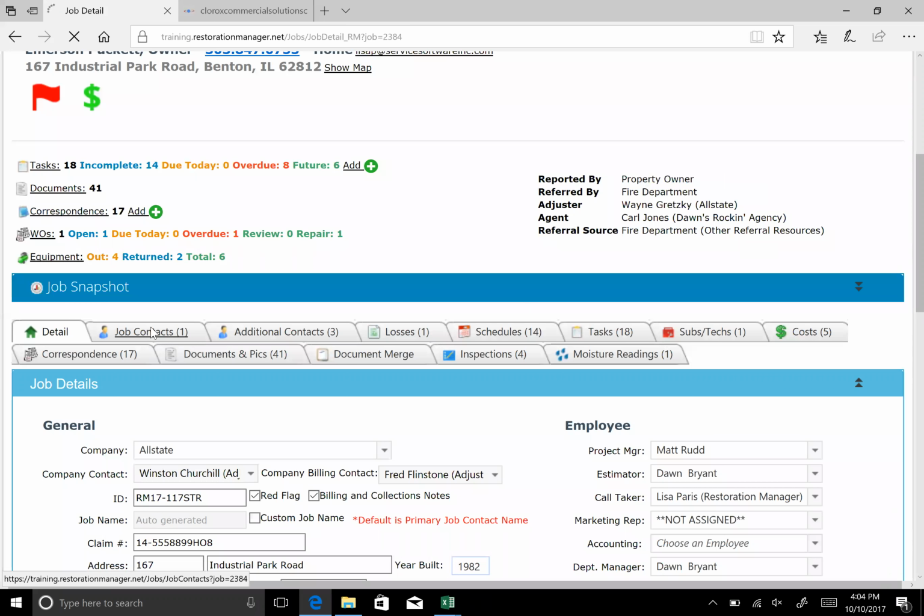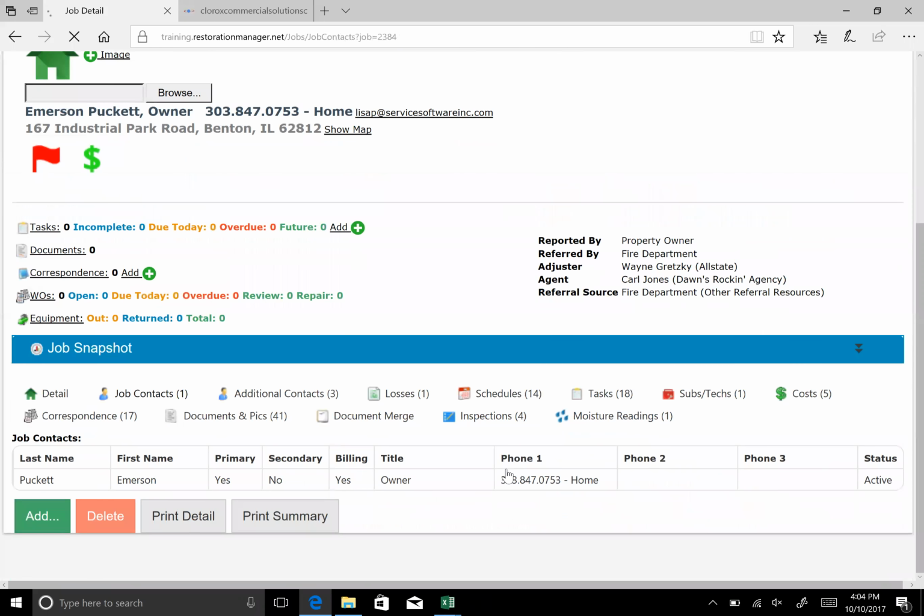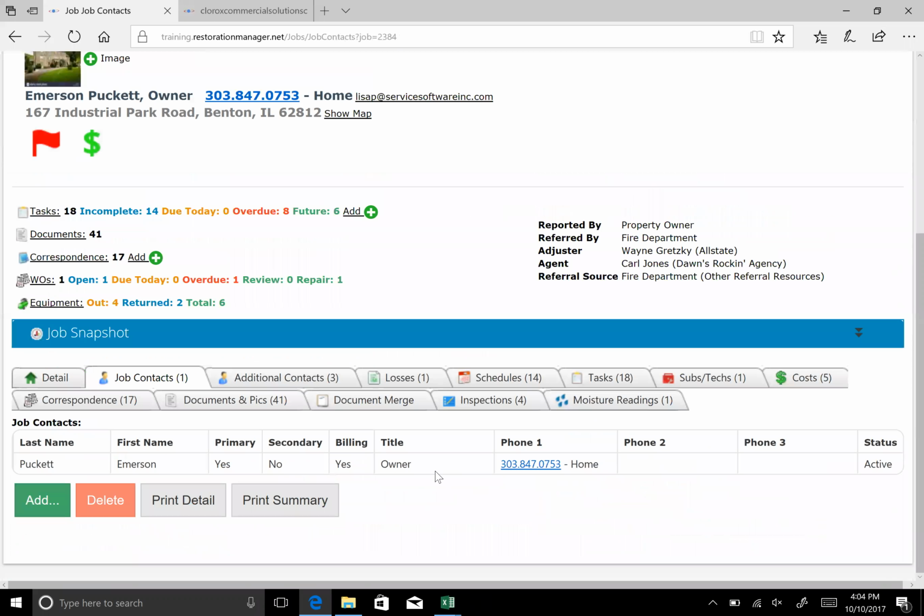Job contacts here, if you need to go into job contacts, it's going to give you a list of the contacts on this job, and these are direct related contacts. It may very well be that there's a neighbor associated with this job because Emerson went on vacation and he's going to have all this work done while he's on vacation. The neighbor's going to allow you in and out or have access in and out of that home so you can do your work. So you would want to list them as a contact so you would have their information